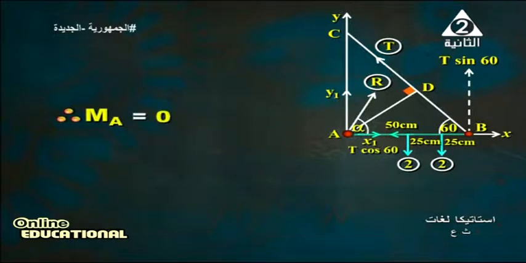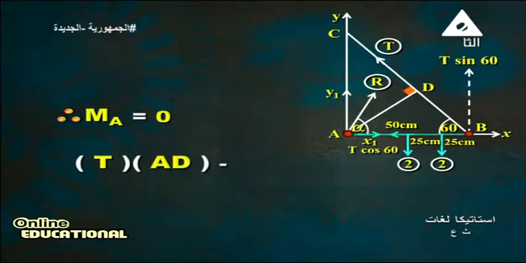We have two unknowns, x1 and y1, and the tension, so three unknowns. We need a third equation. Moment at A must equal 0. For the moment at A, look at the forces which act at point A: R and x1, y1